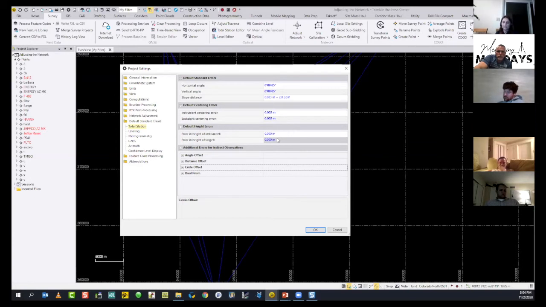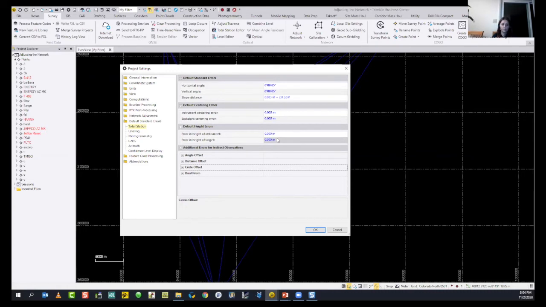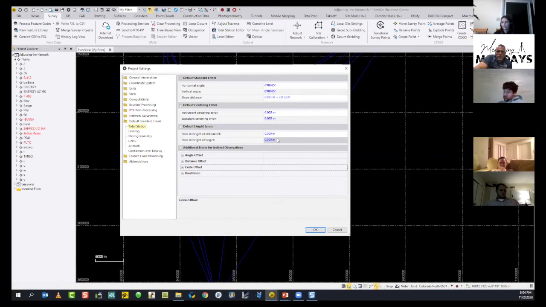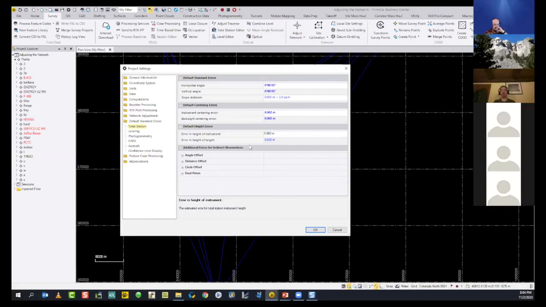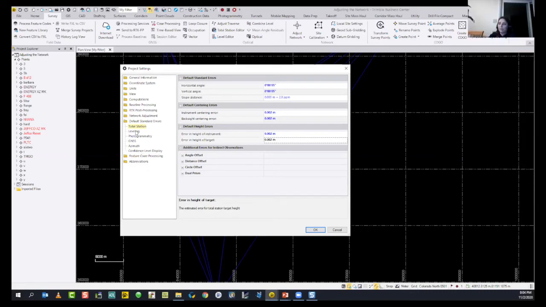There are always some possibilities to get some errors on that side. So I will keep it as 2 millimeters. And you can also make some changes on the additional error types. So angle offsets, distance offsets, according to your interest and your raw data, you can make the changes.